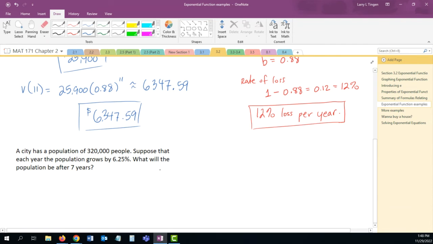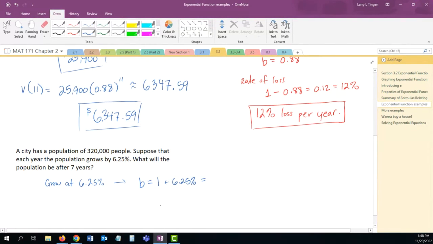So I need two things. First thing I need is an exponential equation that predicts the population. And then I need to plug 7 in for time and find out what that future population will be. So if I grow at 6.25%, then that means that my base is 1 plus